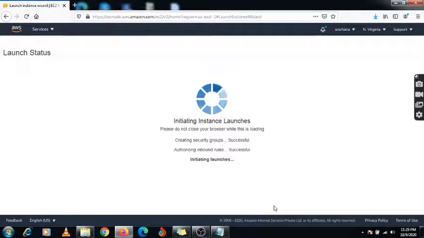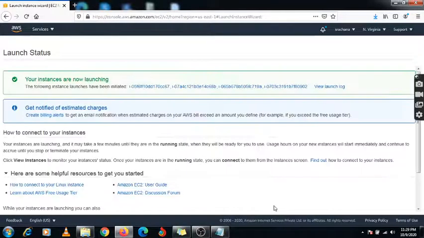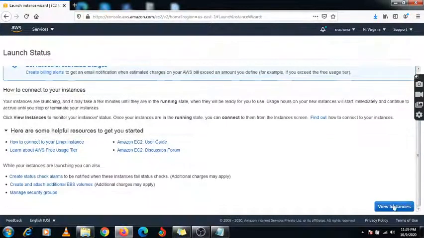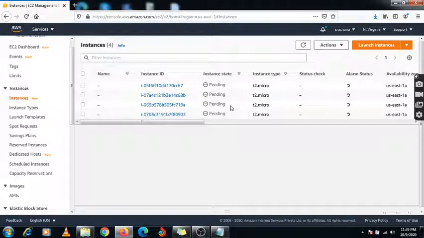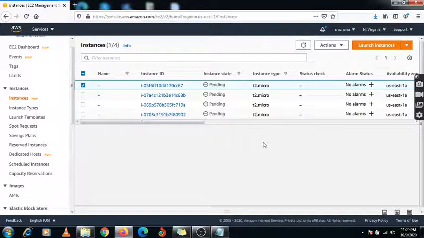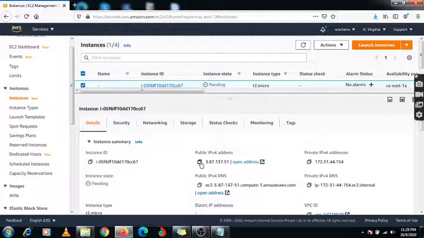Now all four instances are being created at the same time, and all are in the pending state. One by one we are accessing all four instances, and we will create one web page using the HTTP utility. I am taking PuTTY for each of the servers.